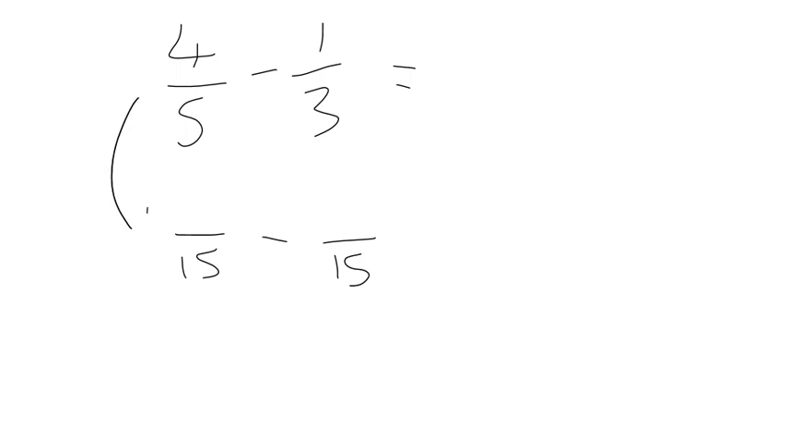So let's write the question out again. 4/5 minus 1/3. Well, I know one of the numbers both of them go into is 15, and to get from 5 to 15 I multiply that by 3. Therefore I also need to do that to the numerator. 4 multiplied by 3 is 12,